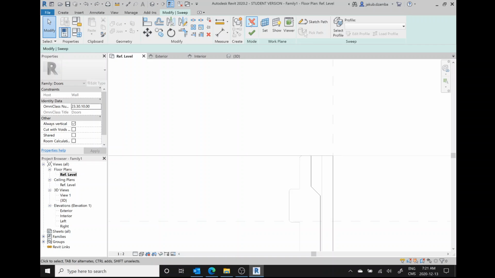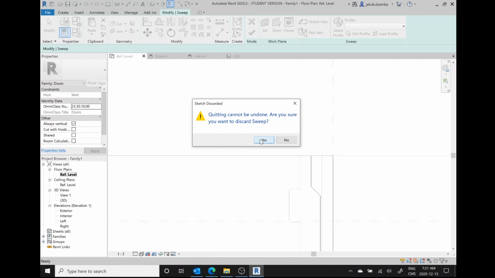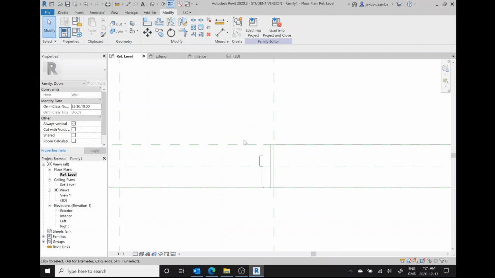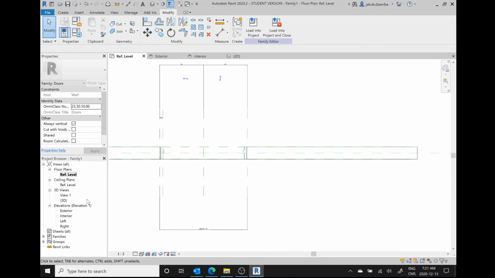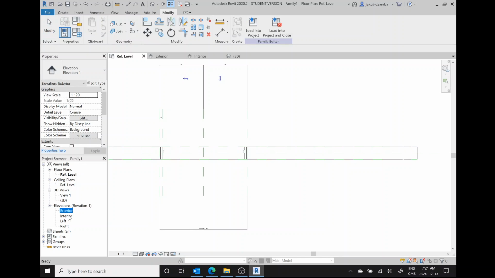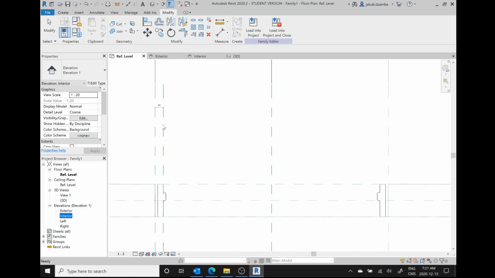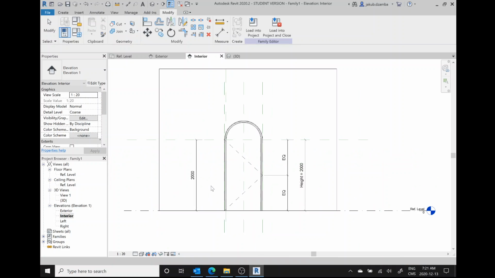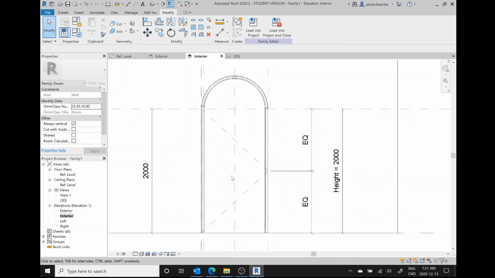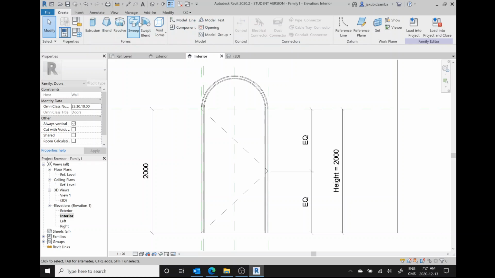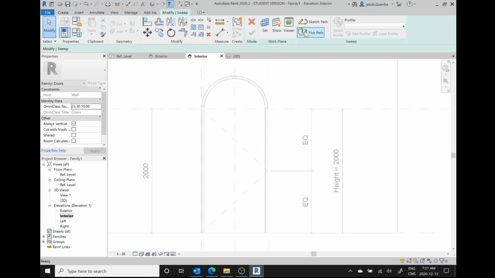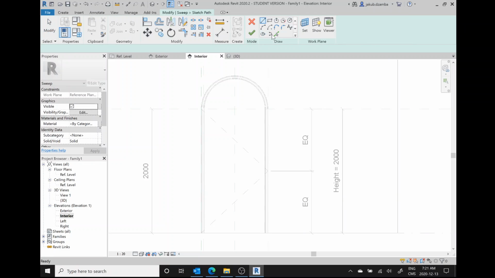Okay, I know what I'm going to do. I'm going to close out of this, discard the sweep, discard everything. I think my mistake was that I went to the exterior view and I did the sweep there, and the instructions are more suited to the interior view. So rather than improvising and giving you guys something that's difficult to work with, let's just try the sweep again from this side. So create sweep, sketch path, pick lines,